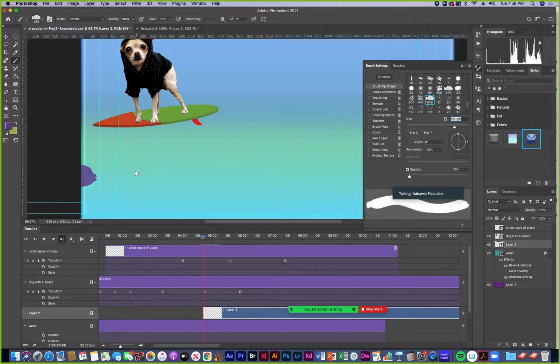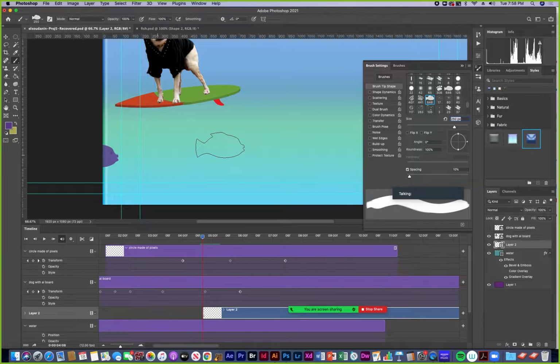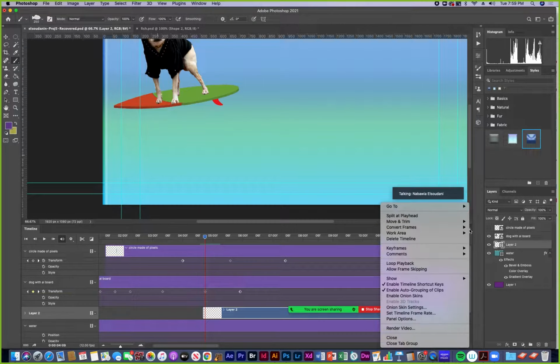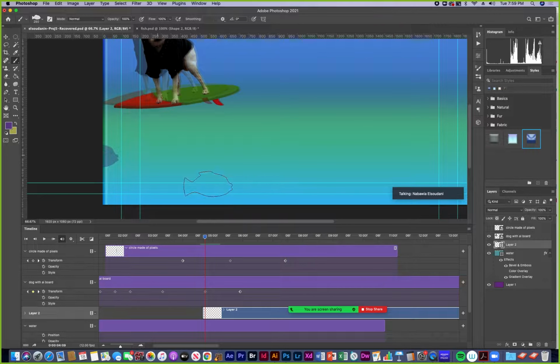Let me zoom in here. And then I can use my arrow key to go forward a frame, and then I can have the fish go a little bit more forward and stamp. But it's going to be better if I click on the options button from the timeline and enable onion skins, because then I can see what the last frame looks like.